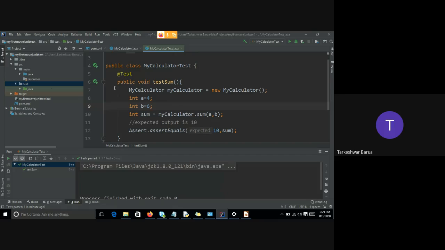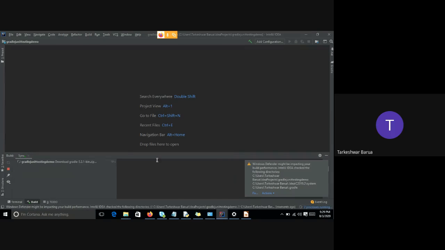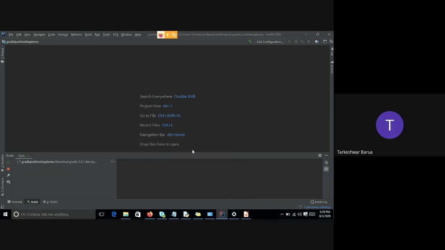So I'm going to open the next program. See, this Gradle is being loaded. In the beginning, the first time you create an application, it may take time because it might be downloading some Gradle files from the internet.